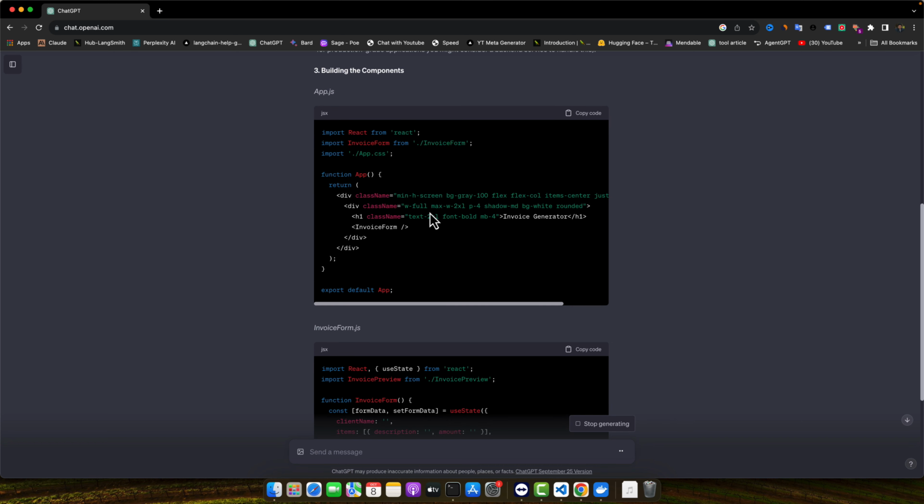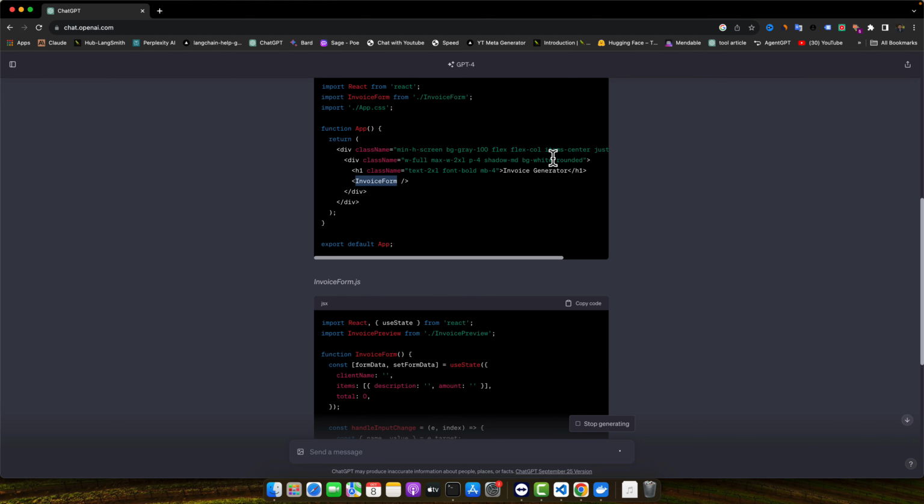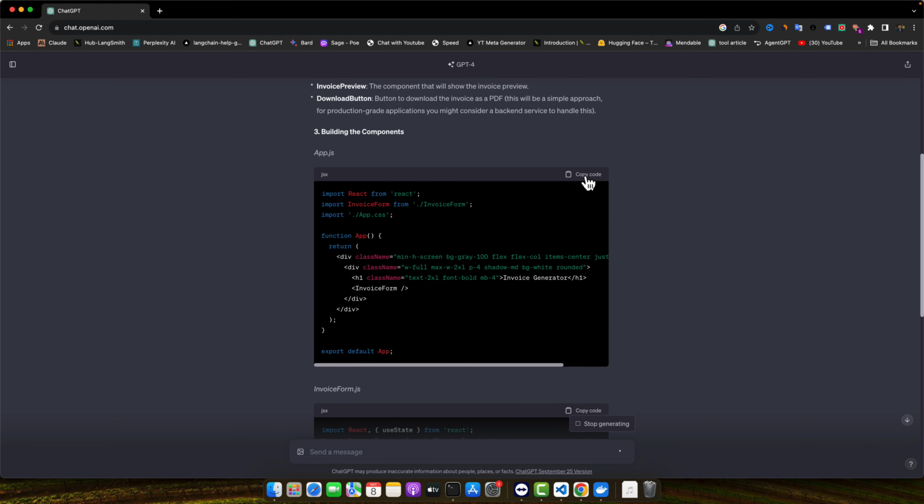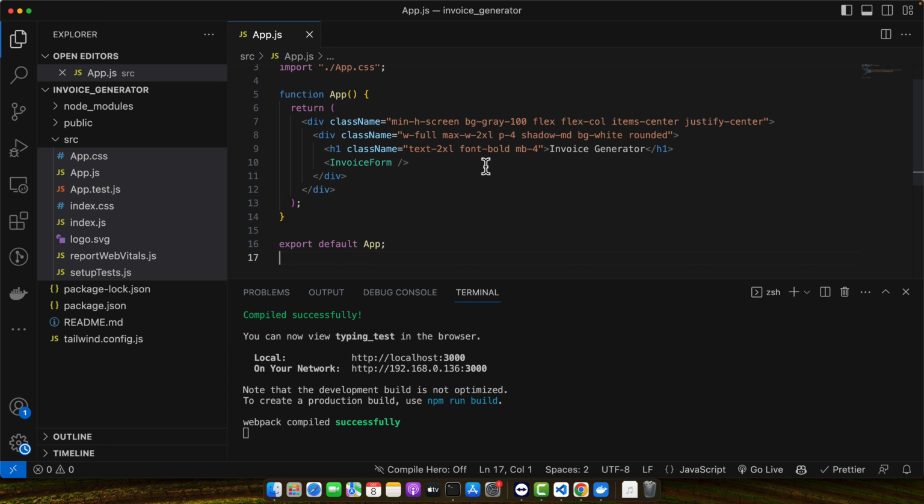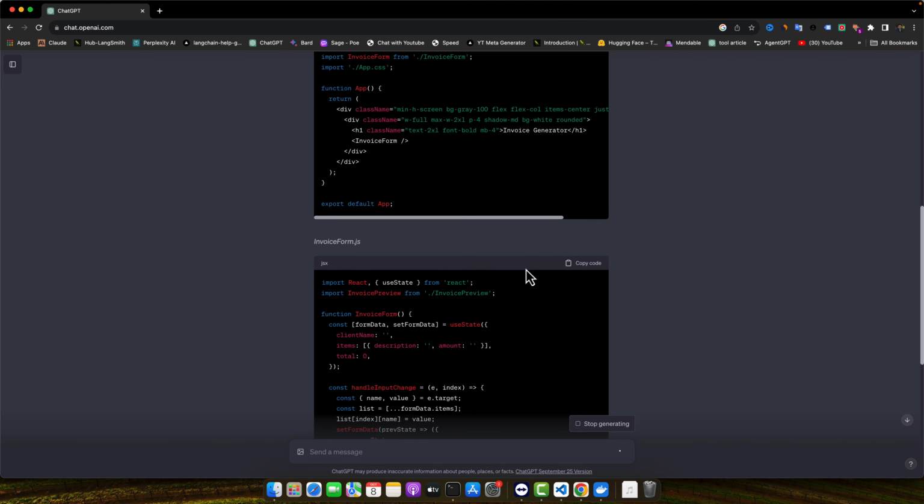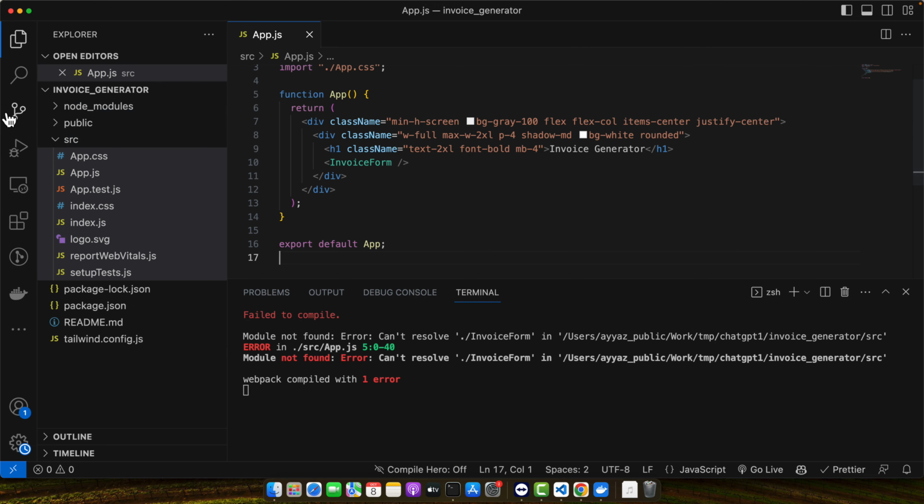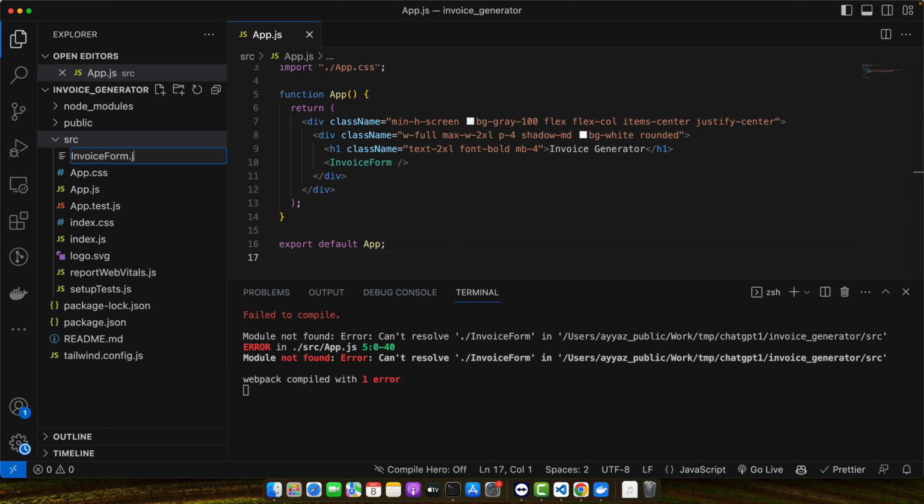So in App.js, it has added basic elements and added the basic styling using Tailwind CSS, as you can see, and also it is using another component, InvoiceForm, that it is generating here. So let's copy paste this code. Now we need to create this component. So let's do that. In the source directory, I'm going to create this component,